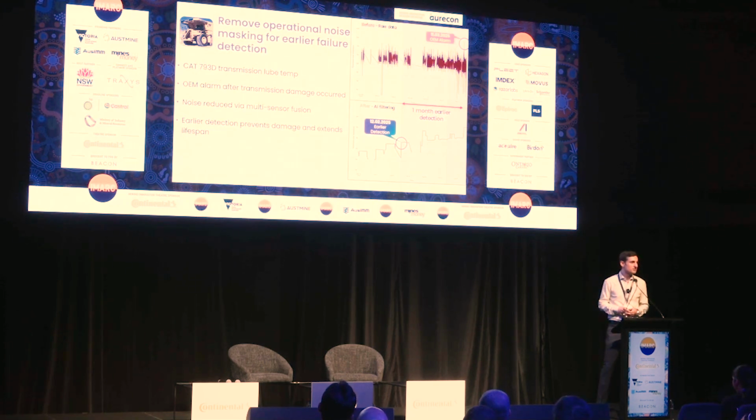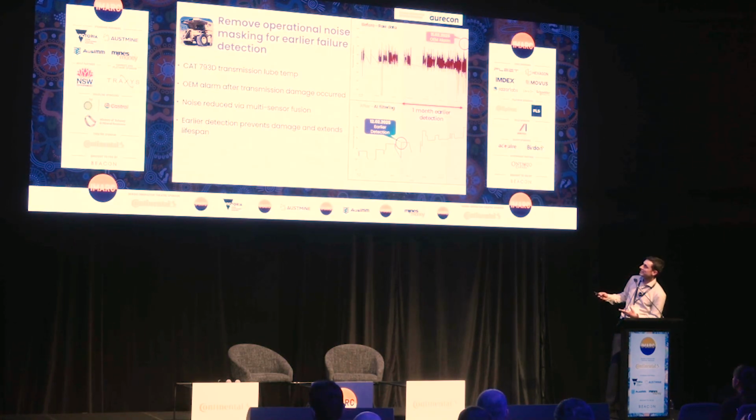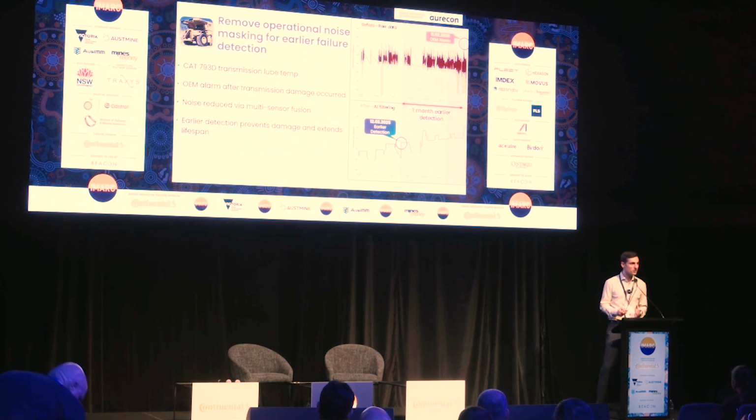Why is there noise? The noise is because I have different payloads, different engine loads, different RPMs, different gears. All of these operational changes induce a lot of noise to the data. We can use AI to remove that noise, to compensate for all of these variations, and to turn that noisy data into a clear trend where you can see that phenomenon a month earlier, before there is any damage.